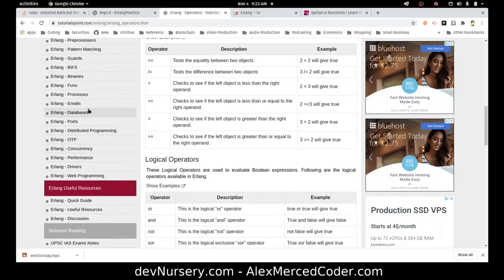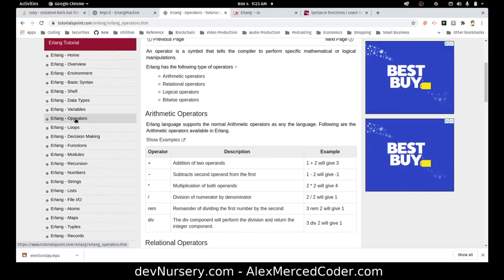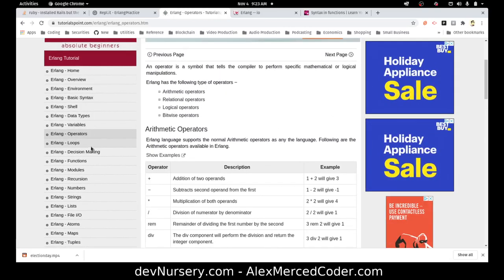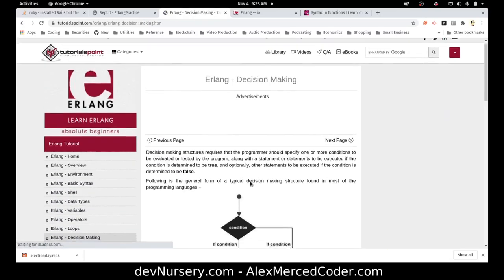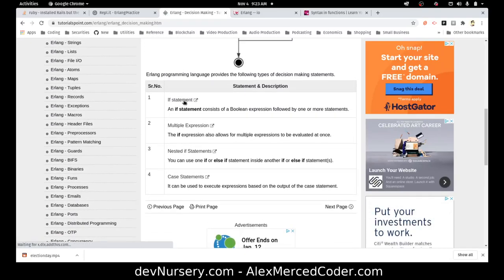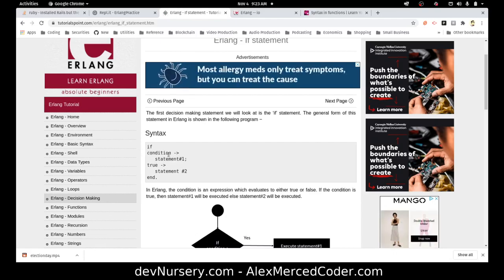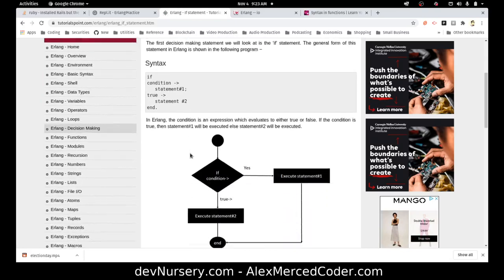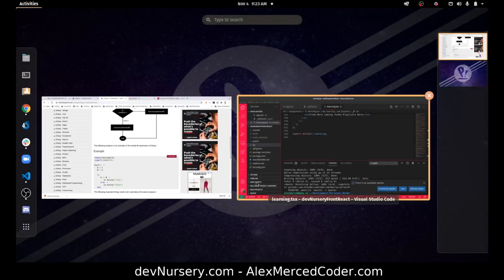Okay. So I guess we'll skip over to functions, which are shell, variables, operators, loops, decision-making, functions. Oh wait, decision-making, that's what I'm looking for. So if condition statement. Oh, okay, so here's the syntax. If condition, so it's not the word then. So if that's true, then IO, okay, so then